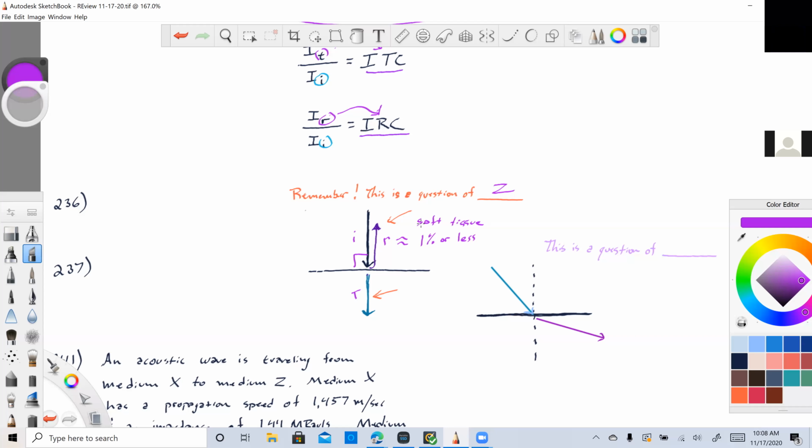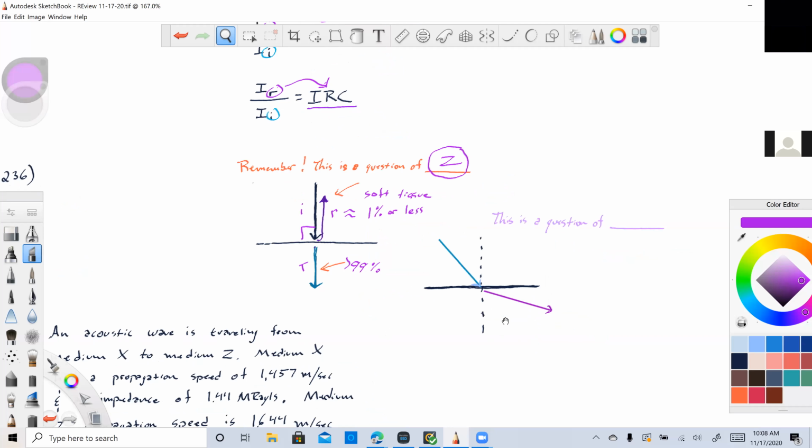All of those interfaces have a very small difference. Only 1% at the most, and even 1% would actually be very bright on your screen, or less of the sound wave is returned back to you. 99% or more is transmitted. And that has to do with impedance. Very important to remember the difference because they will ask you,